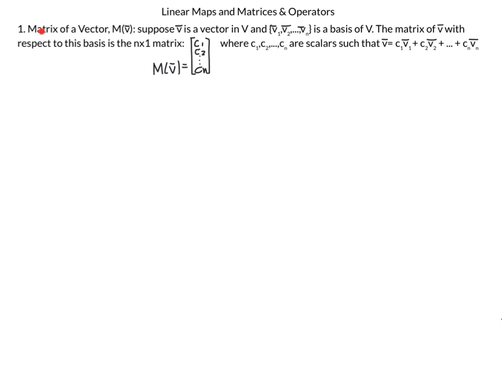Looking at the definition of the matrix of a vector: suppose we have this vector V in our vector space V, and V1, V2 up to Vn is a basis for V. Then the matrix of V with respect to this basis, notated M of V, is the n by 1 matrix, so it's a column vector. The n by 1 matrix is C1, C2 up to Cn, where these constants, these scalars,